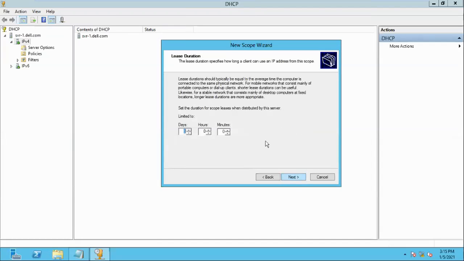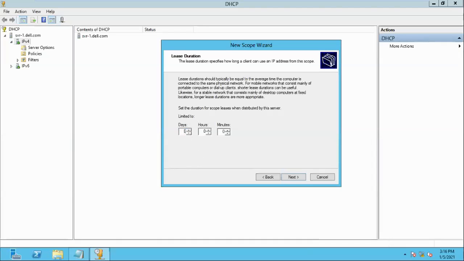Next, the lease limit. Here also the IP address is going to expire. If your machine is continuously running 8 days, after 8 days the IP address is lost. The days are the limit rate. This is important in the company: what duration you are giving for the lease of the IP address. If you want to increase, you can increase here, as many days as you want, or you can decrease.